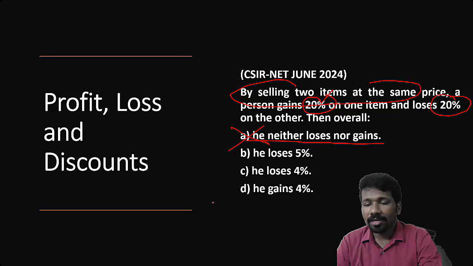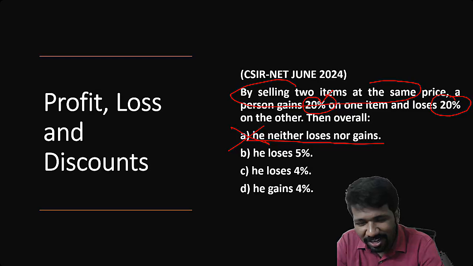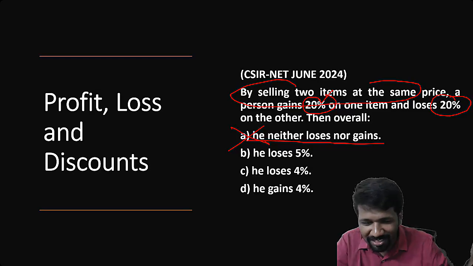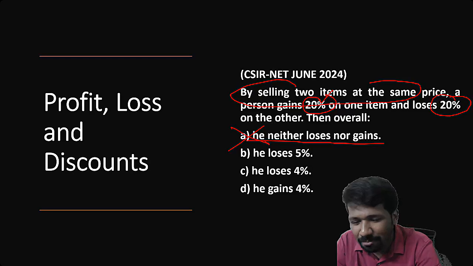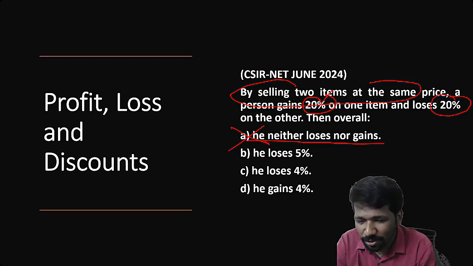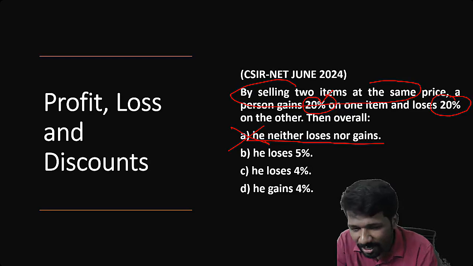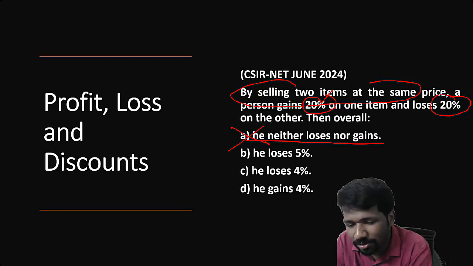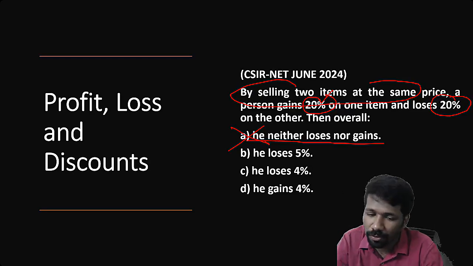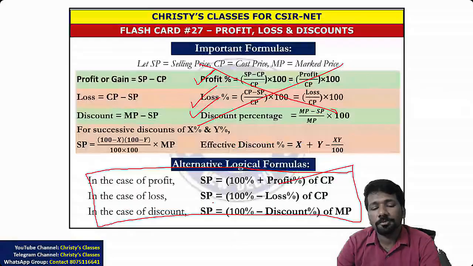इसके लिए एक separate flash card था, जून 2024 वाला क्वेश्चन पेपर आने के पहले ही, with the same example written on it. In the class I will show you that. That flash card का वो example directly एक question जैसा आया जून 2024 एग्जाम में. Okay, so that is profit, loss, discount.